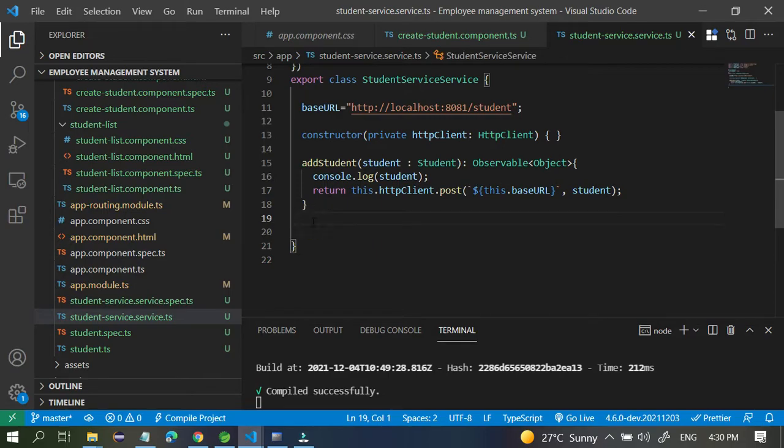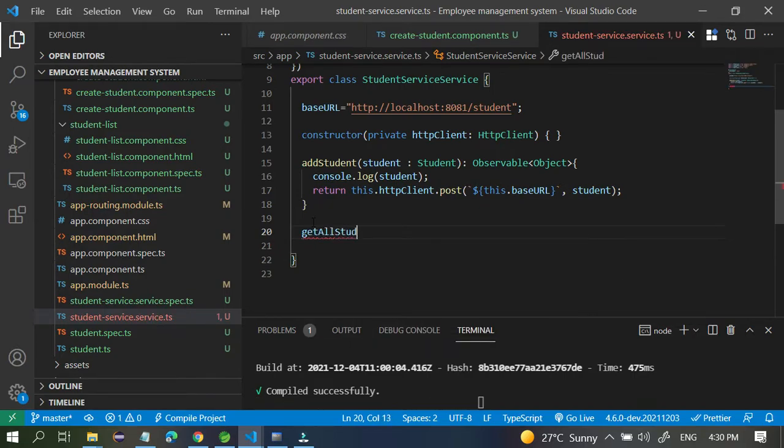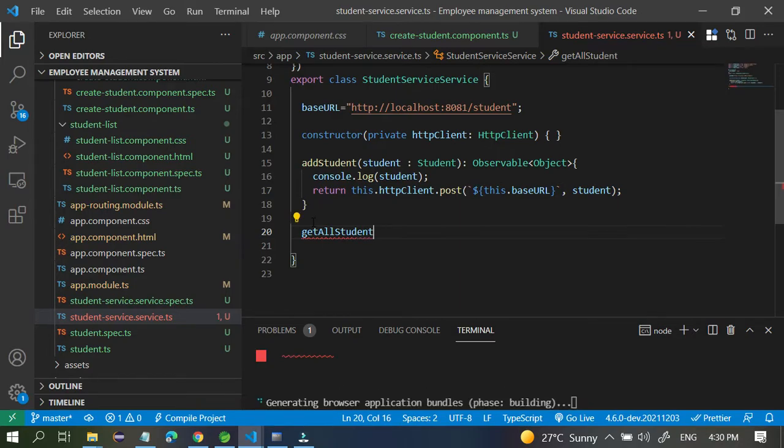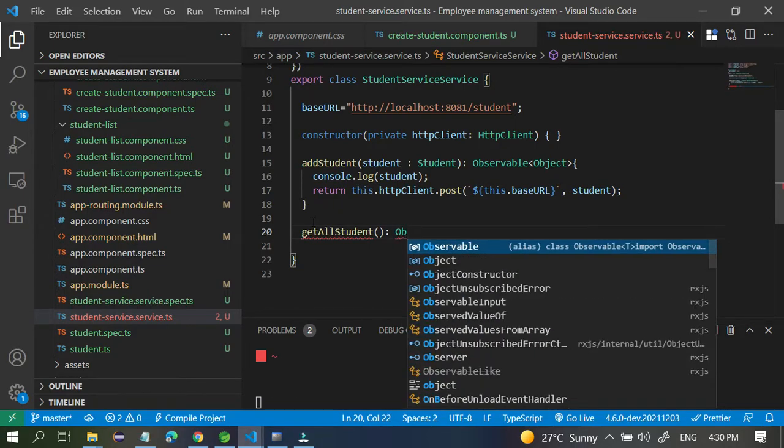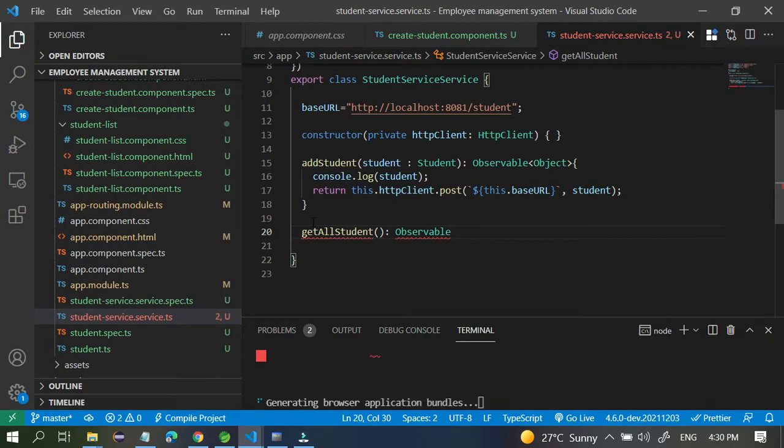You want one more method, whose responsibility is to get all students, and here you have to write Observable. You don't want an object, you want a list of students.